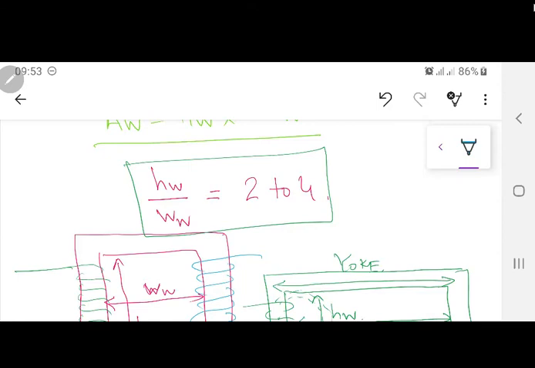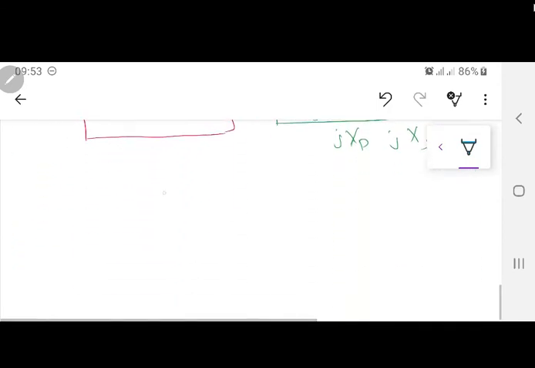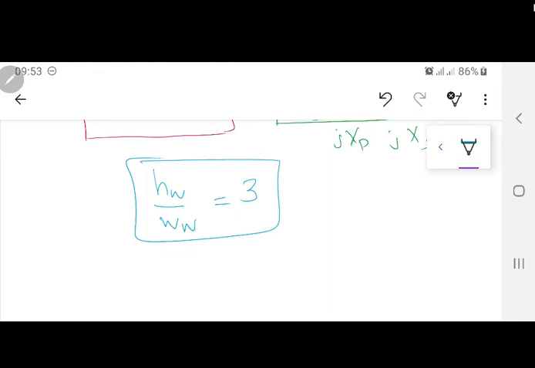Now, supposing I wanted to design a transformer and my height of the window divided by the width of the window is fixed at 3. What will be the benefit of this? I know one value, okay, I know that the height of the window is equal to 3 times my width of the window. Now I can fix my height and say, okay, this has to be something like 800 mm or 900 mm. I can now design that in this length I have to accommodate how many turns? 1000 turns.